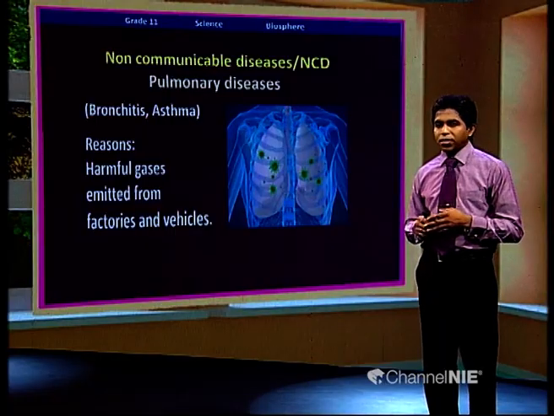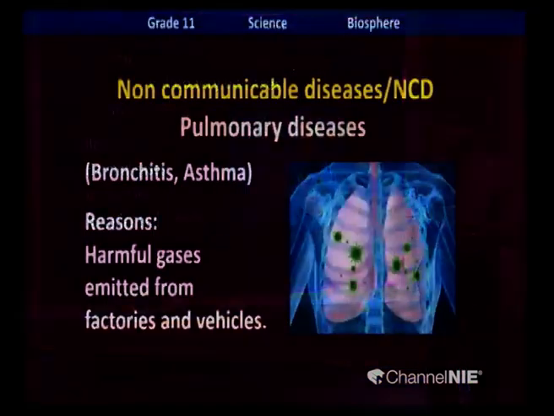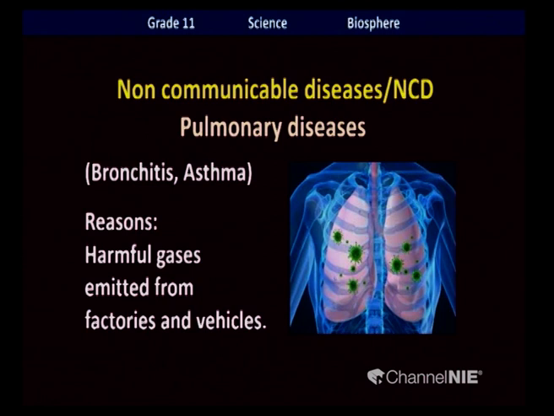Next one, pulmonary disease. So you are familiar with pulmonary artery, pulmonary vein. So what is this pulmonary link with your lungs? There are diseases associated with your lungs, for example bronchitis, asthma, due to the breathing of polluted air which contains dust particles and germs or bacteria. So that can attack your lungs and you can get asthma. It's an allergic condition due to the dust particles. Most of the people working in asbestos factories get asbestosis, and there's a disease silicosis, from silicon particles from electronic devices. So they can cause damage to your lungs as well as the respiratory tract.